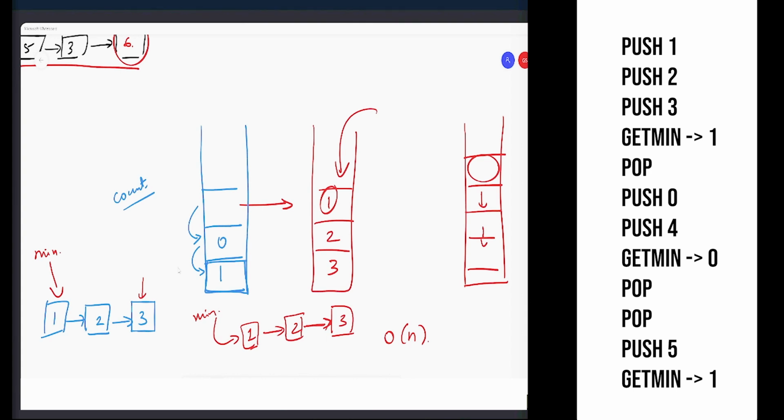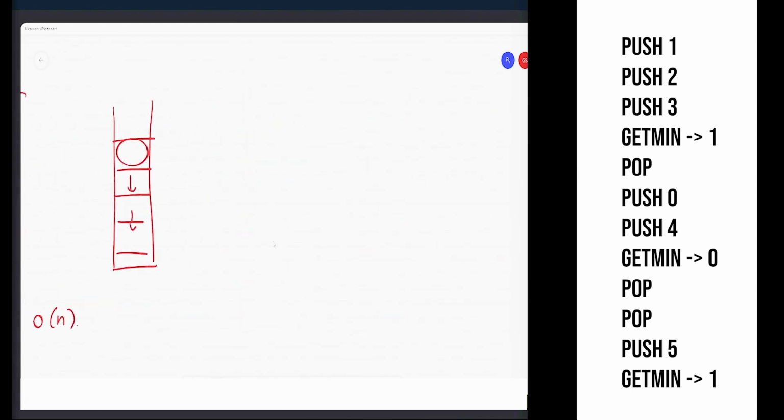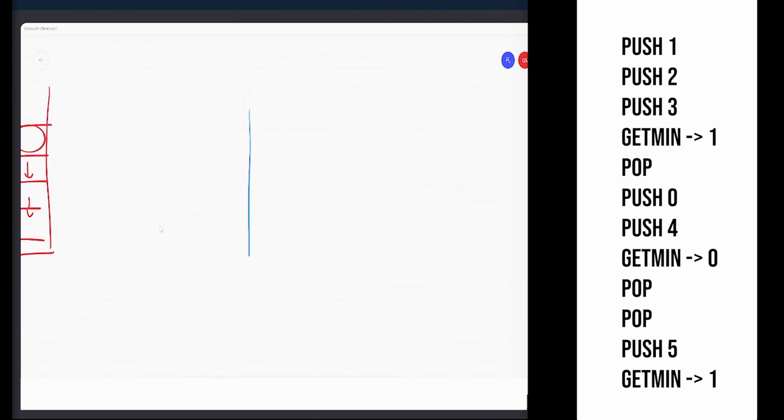Firstly, let me draw this diagram afresh. This is the stack. Initially 1 comes. Then when 2 tries to come in, we don't do anything. We just say stack counter is equal to 2, and this is the min.